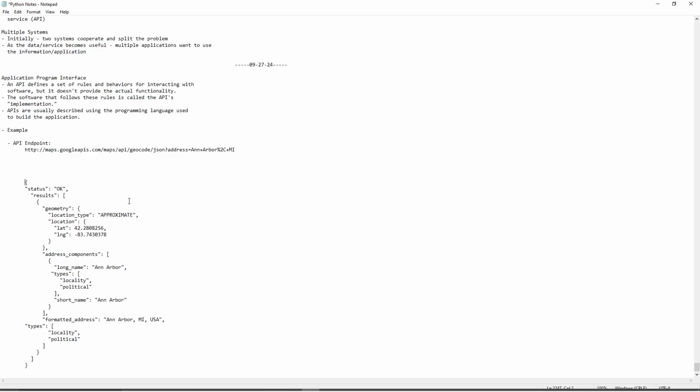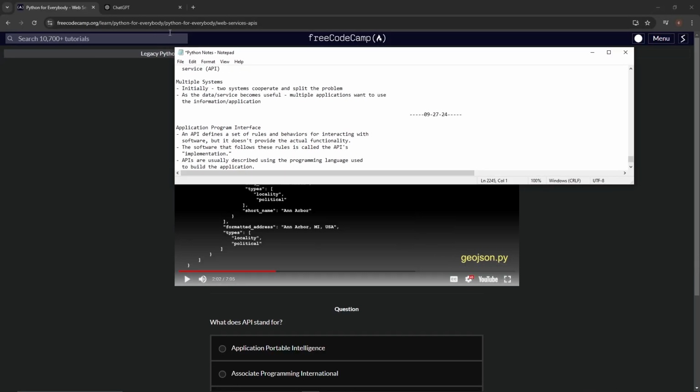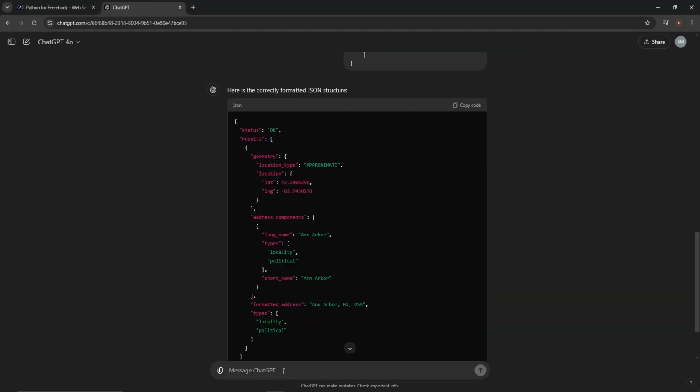All right, so there we go. Now we got this, and we're going to call this... Okay, what do we call this then? JSON. Okay, we'll call that the JSON.